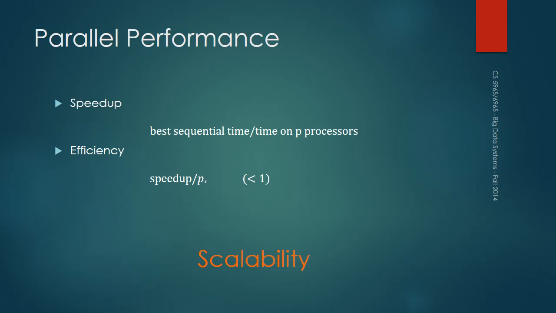There is another way now. When we talk about scalability, you also want to measure the performance, the efficiency, and the speed up that we get. And this is usually fairly simple. The speed up is basically the best sequential time. So assume it's the case of comparing the oxen to the chicken, or one oxen to 10 oxen. You take the best sequential time and the time it takes on P processors, whatever the number is. That is basically your speed up. So I added P times the number of resources. What's the speed up I can get?